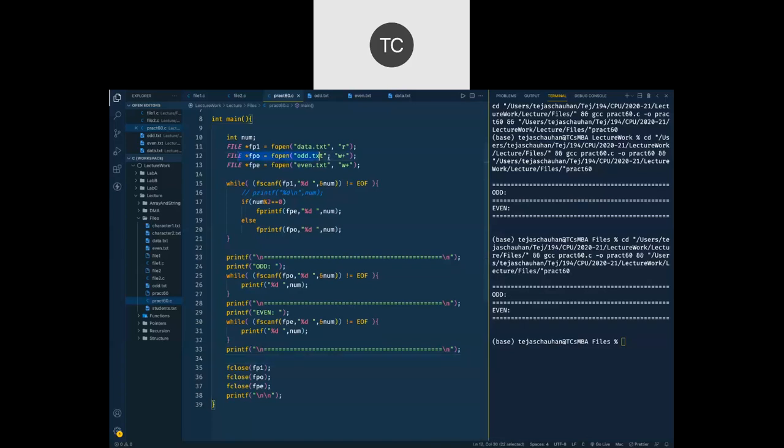So earlier when we open that file, the pointer is at the starting point, शुरुआत में रहेगा. Now when I read or write that file, the pointer is going to be updated.